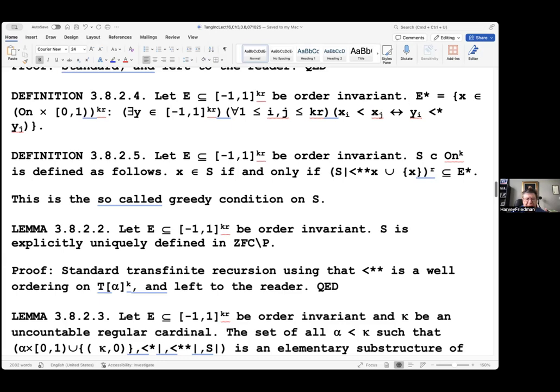It is the lifting to ON cross 0, 1 from -1, 1. And it's a lifting. I mean, it's a side lifting. It doesn't include -1, 1, of course. The whole point is you're lifting according to the ordering. See, this notion of order invariance is dependent on the ordinary less than, and this notion is dependent on less than star. Okay.